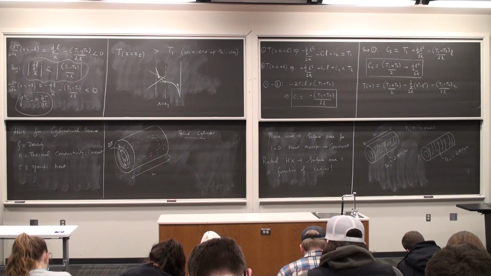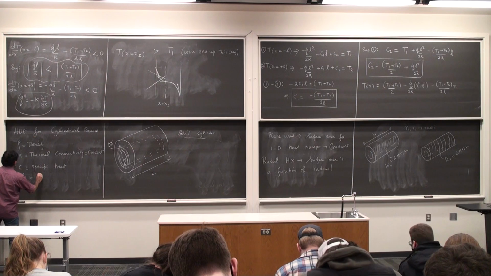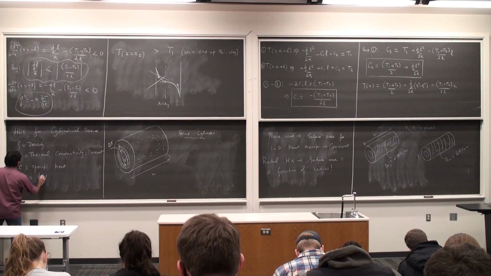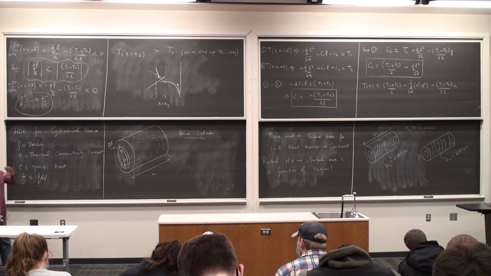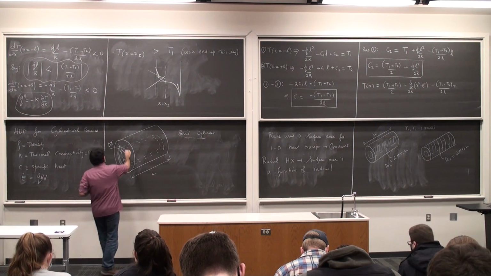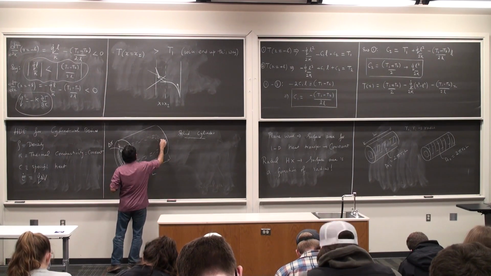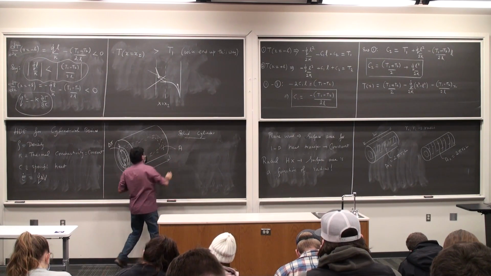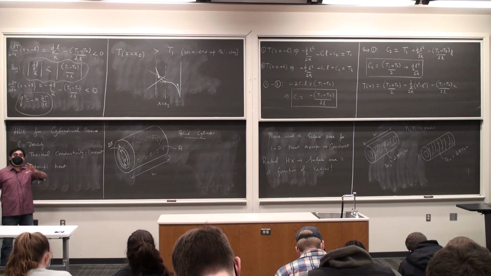Going to assume energy generation is present. So E dot G is Q dot times the volume delta V, which is going to be the surface area all through. The big question is, should I take the surface area of the outer ring or the surface area of the inner